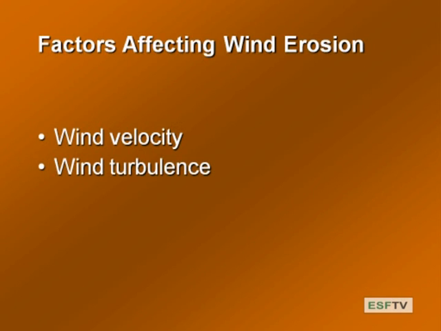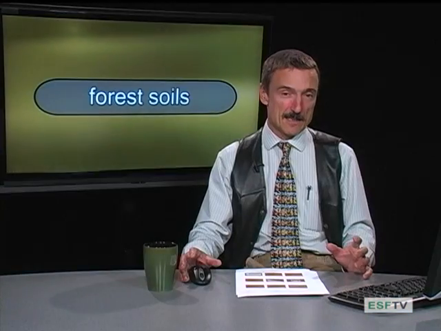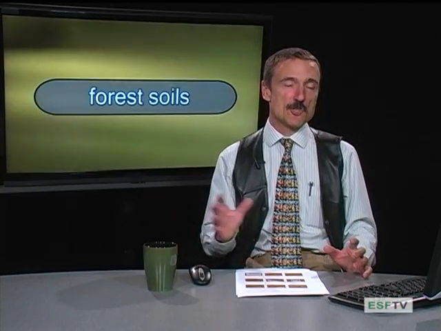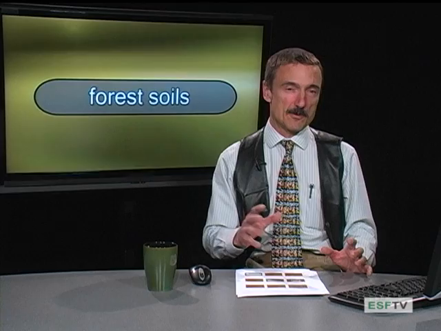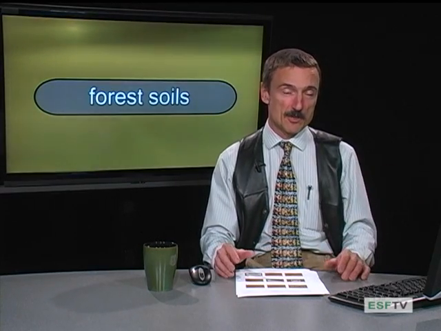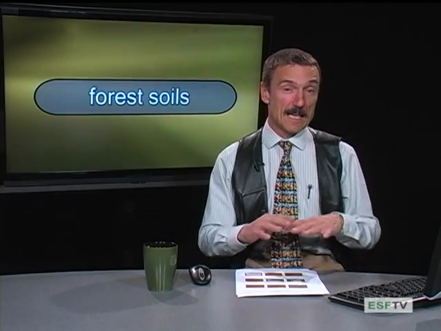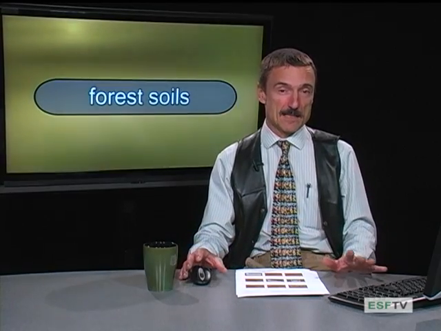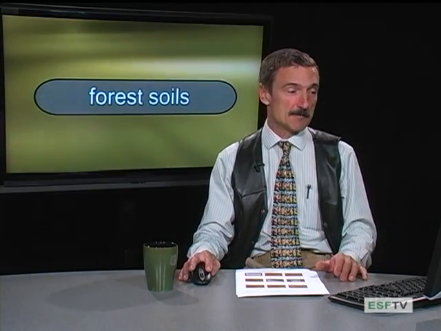Next, we think about turbulence. The wind is not a constant. There's a lot of turbulence, and the greater the turbulence, the greater the probability of picking up particles. You get these bursts of wind and increases in velocity, changes going from slow to fast. So more turbulence means a greater propensity to pick up particles, and the wind erosion gets worse. It's not just one solid speed or velocity. It's this combination.